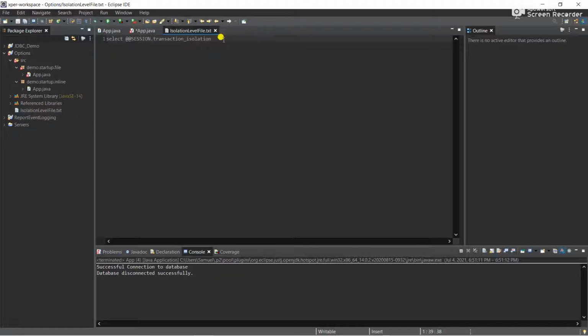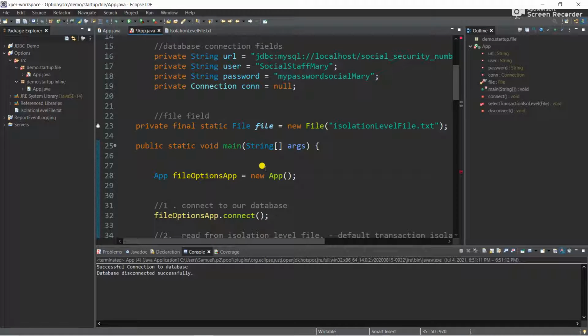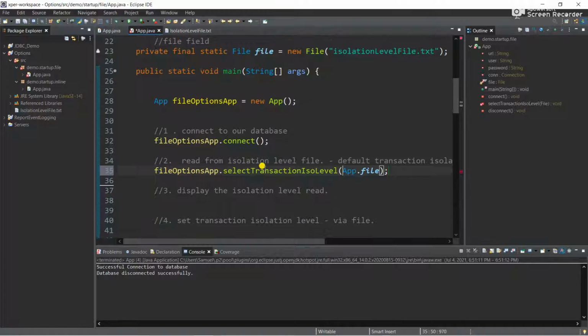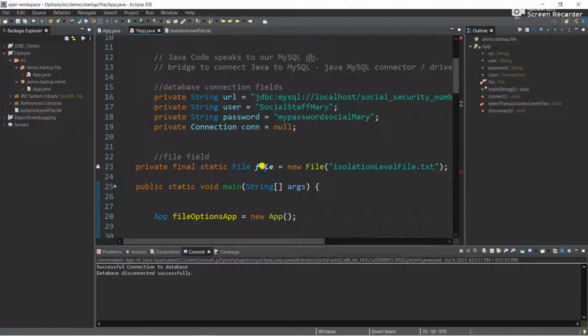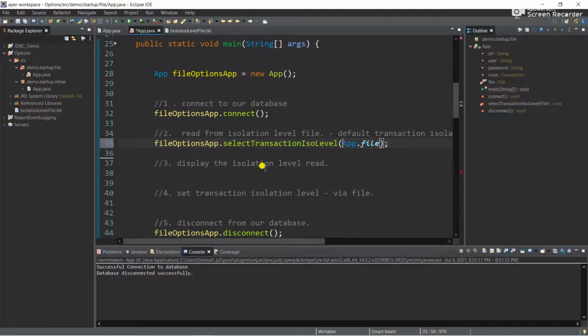So we've typed our syntax here to select transaction isolation level. Alright, let's move on. I'm seeing something that will need some form of refactoring, but let's move on. It's all part of the learning process. So that means when we do come here now,